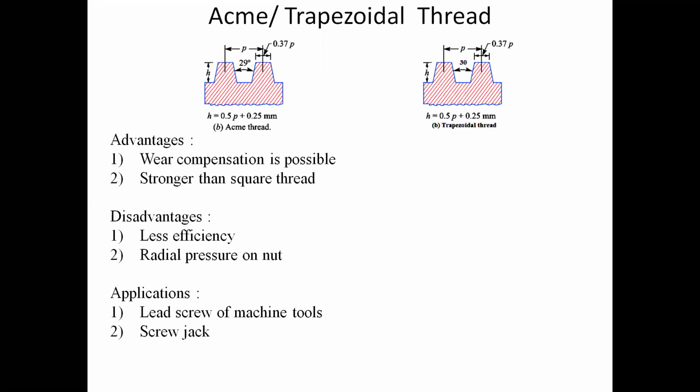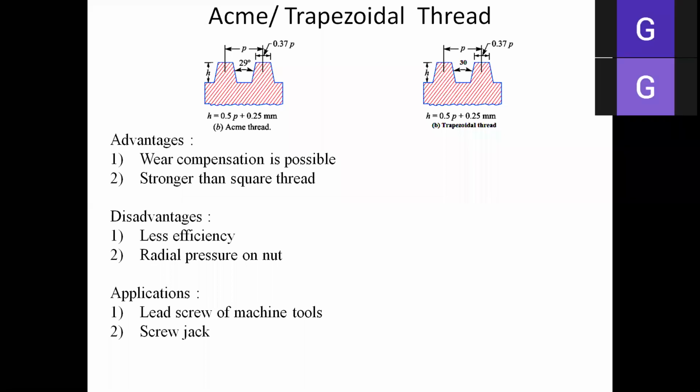That's why this trapezoidal thread can be used in our lathe machine lead screw, because in the lathe machine lead screw a split nut is used. There is a perfect combination, and if there is a small wear in the nut, it can be compensated by this trapezoidal thread. Why is it compensated? Because the thread profile is not perfectly straight. It has an angle. Because of this angle, the small wear can be compensated.